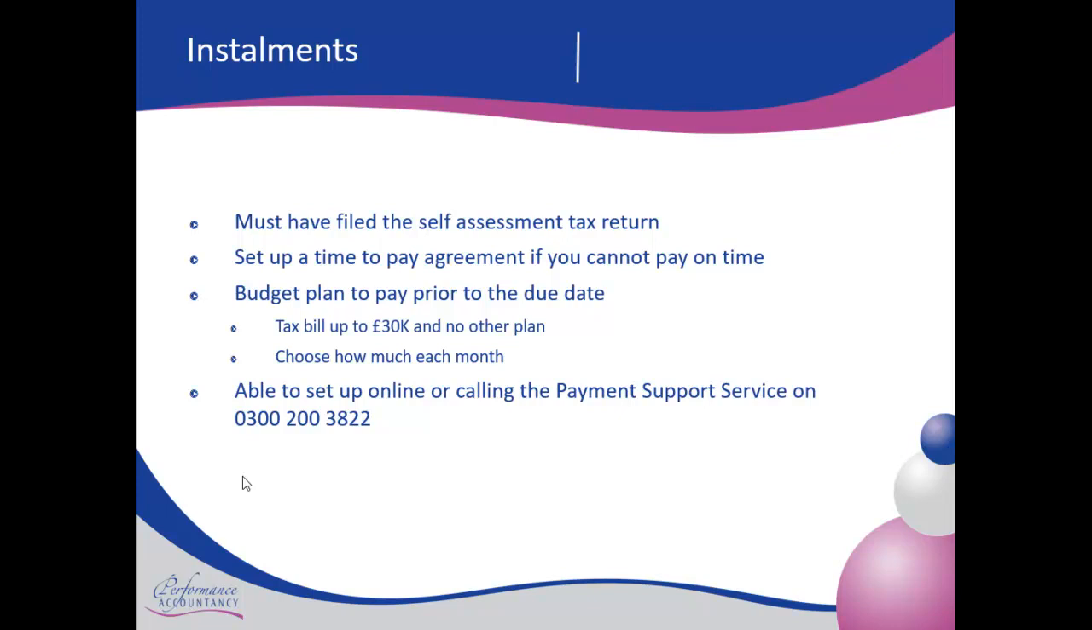So to set up one of these, if it was to do with your 19-20 tax return, you can do it via your online account, because the instalment option is there specifically for COVID affected people, or you can call the payment support service on the number 0300 200 3822, but it has to be done before the payment is due. It cannot be done after. Time to pay is after, budget payment plan is before. Okay,